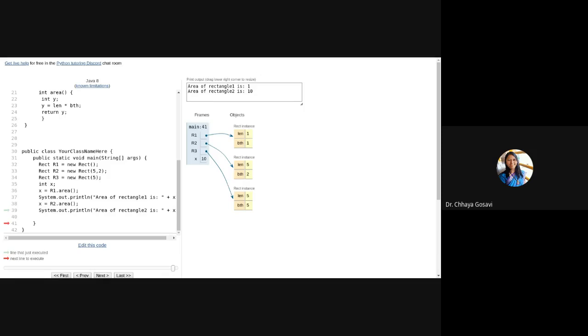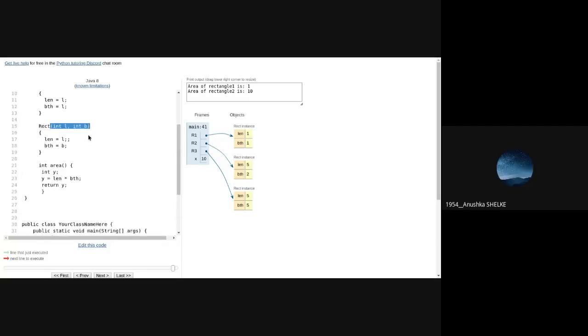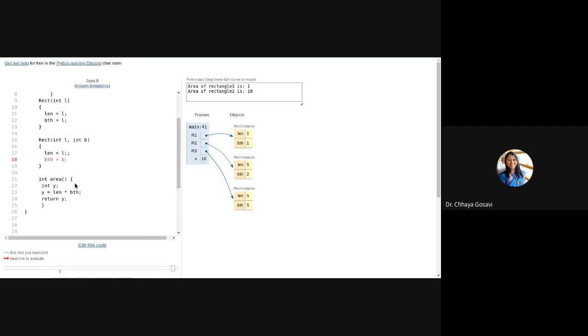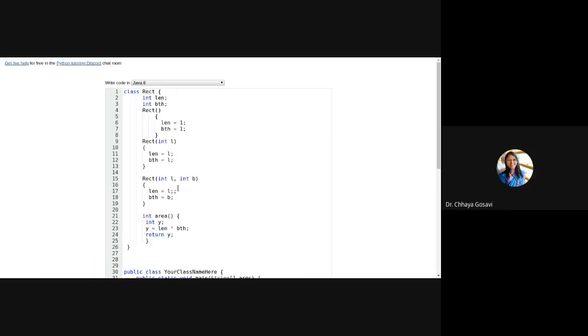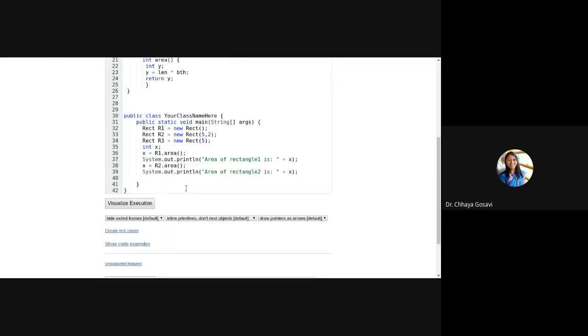Any queries, girls? You got the concept of constructor? Yes, Anushka? Ma'am, in the function where two parameters are passed, there you have given two semicolons. So do we have to write in that manner? Where? In the function where you have passed two parameters above. This one? Oh, that is a mistake. Okay. I have just copy pasted that code. No need to give two semicolons. Only one semicolon is needed.